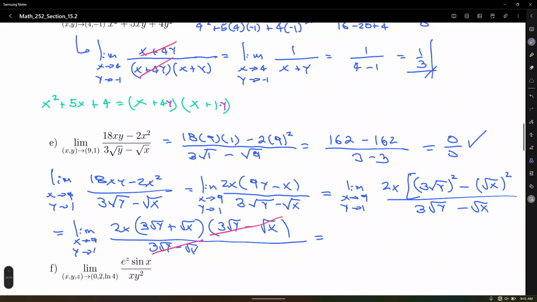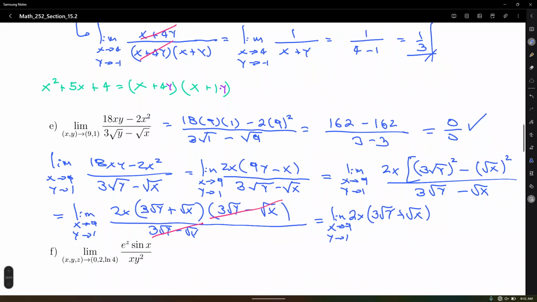Okay, so that's the limit of 2x times 3 root of y plus root of x, as x approaches 9, y approaches 1. We're good to go and simply do the direct substitution. That's going to give us 2 times 9 times 3 root of 1 plus root of 9. So that is equal to 18 times 3 plus 3, which is equal to 18 times 6, which is